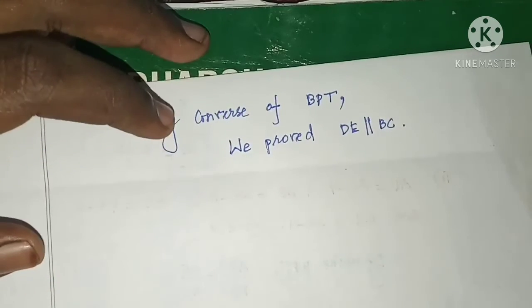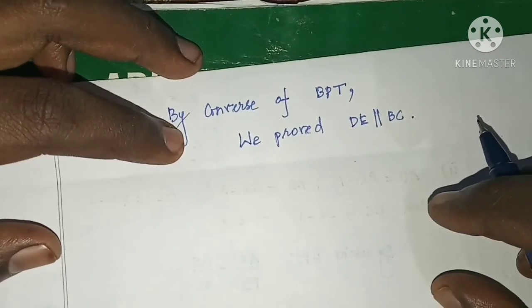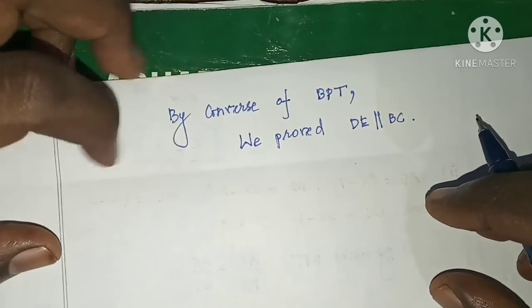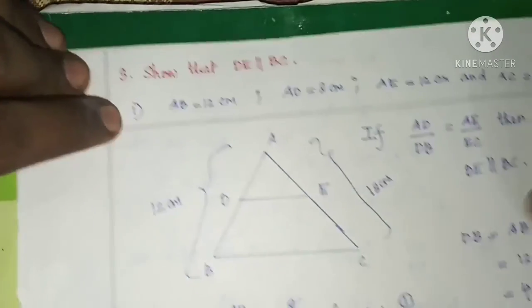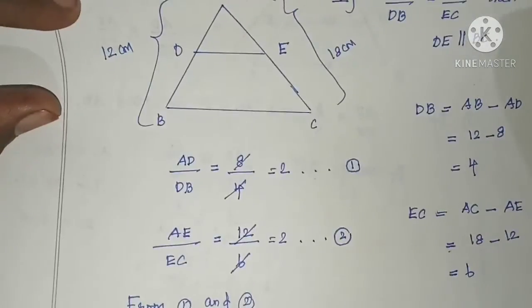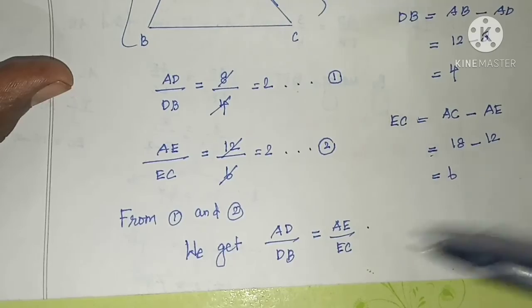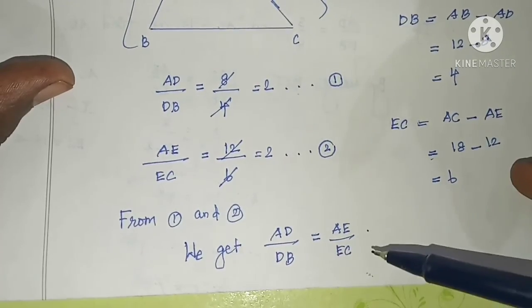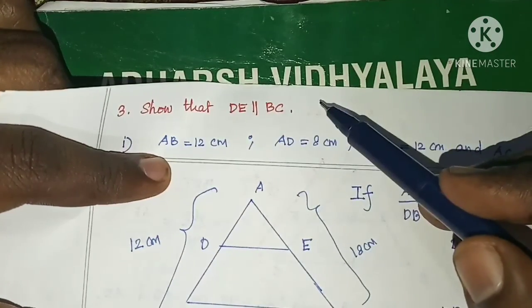So like the second problem I give you as homework. Third question, second subdivision is homework, similar to the problem number first subdivision. Okay, third question first subdivision. So like you are going to do that and verify whether AD by DB is equal to AE by EC or not. If AD by DB equal to AE by EC, it means that DE is parallel to BC, or it is not parallel to BC.